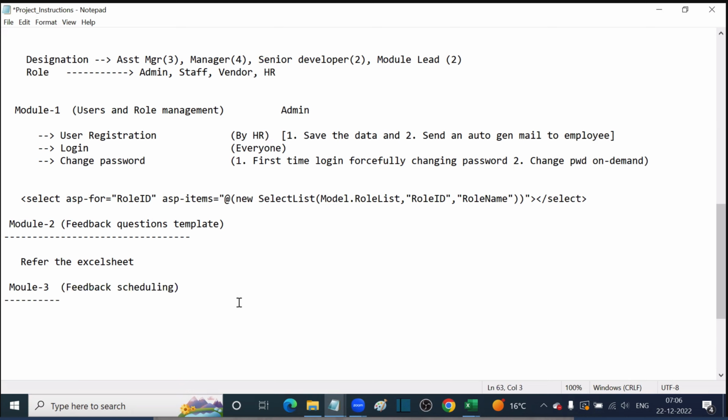That means imagine after 20 days, feedback is supposed to be taken from various levels, or after 1 month. So before 1 month itself, what we are going to do, we meaning our customer I'm talking about. What our customer is going to do by this application. Somebody will be there, admin. That admin guy